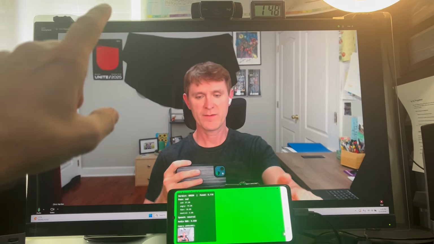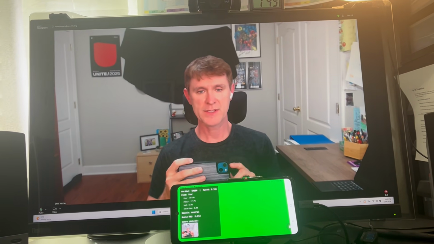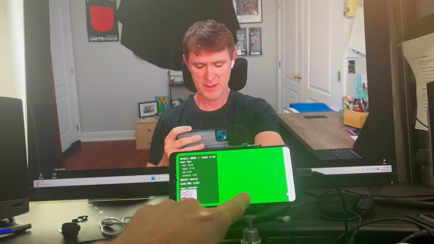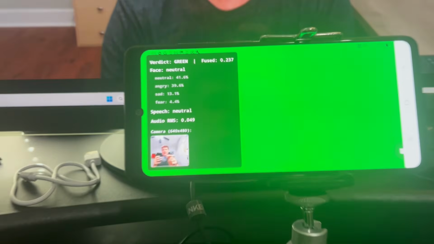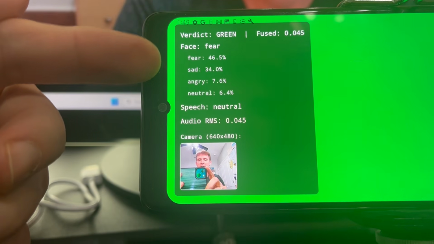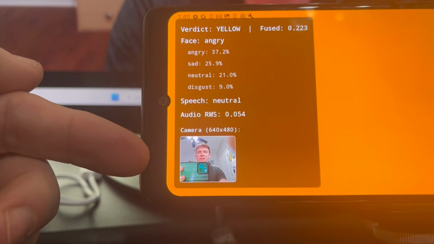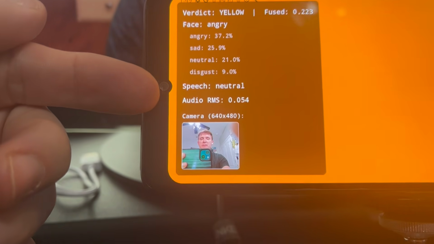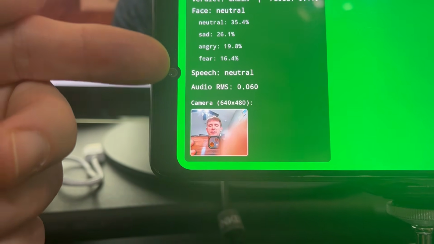So what you have here in front of you is a Zoom meeting, and I'm in the camera so you can see me. And I also have right in front of me the actual Android phone here with the application running. And inside there, the top section is actually showing how it's looking at my face and interpreting my emotions, with a little video there to show what it's seeing, because I was doing some debug work. And then there's also a speech listener with the audio RMS right here to see if I'm getting too angry.